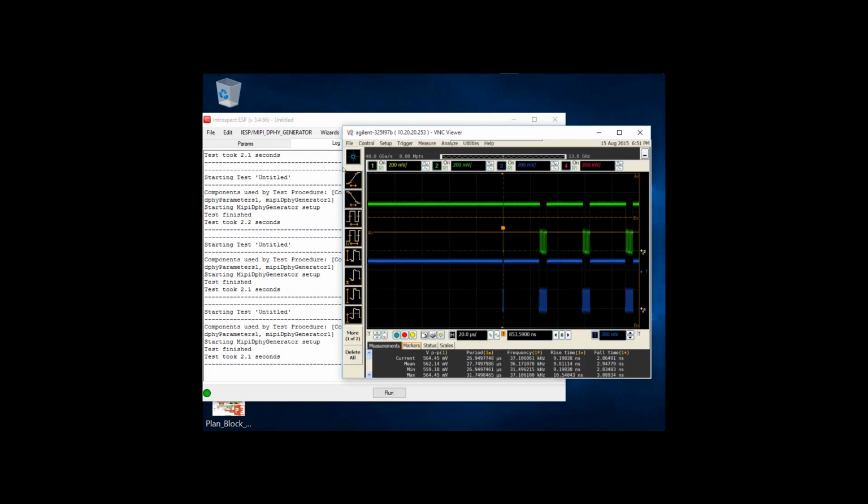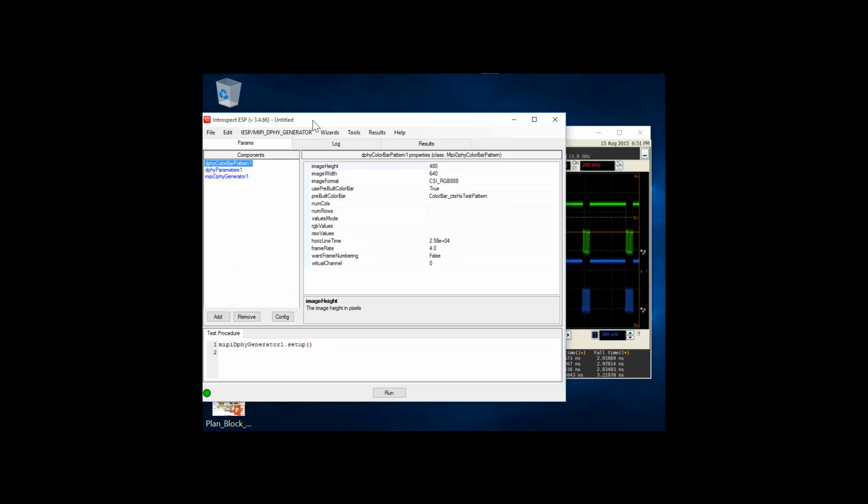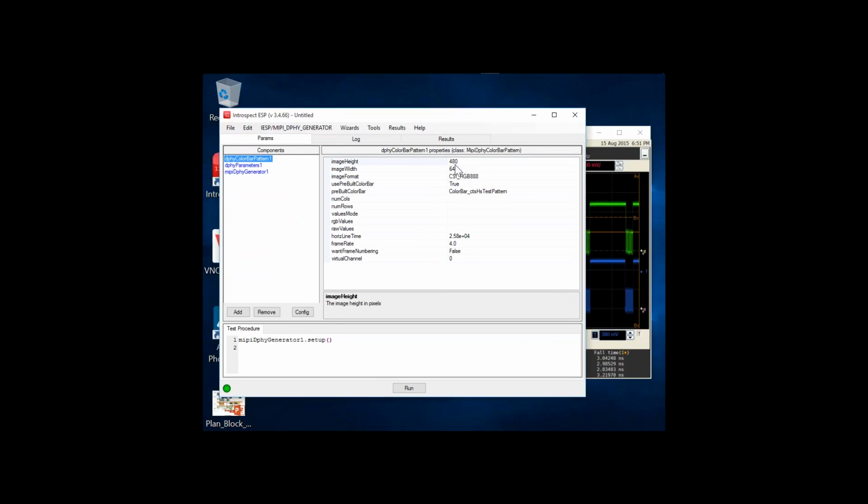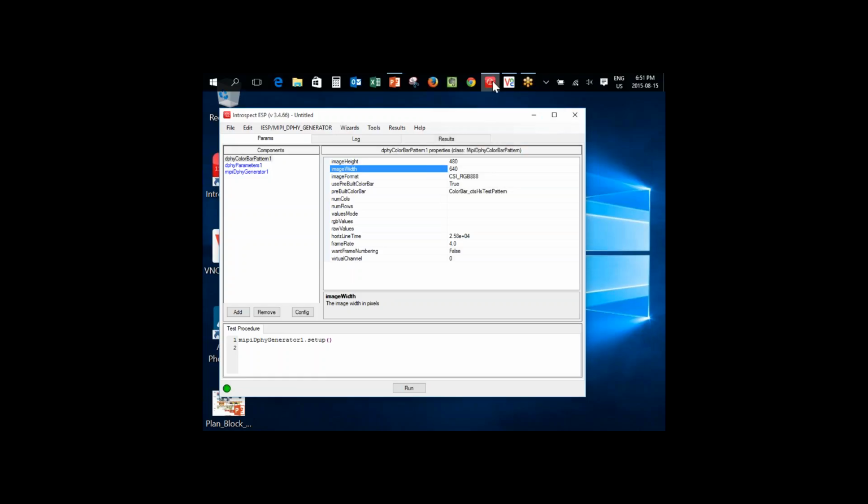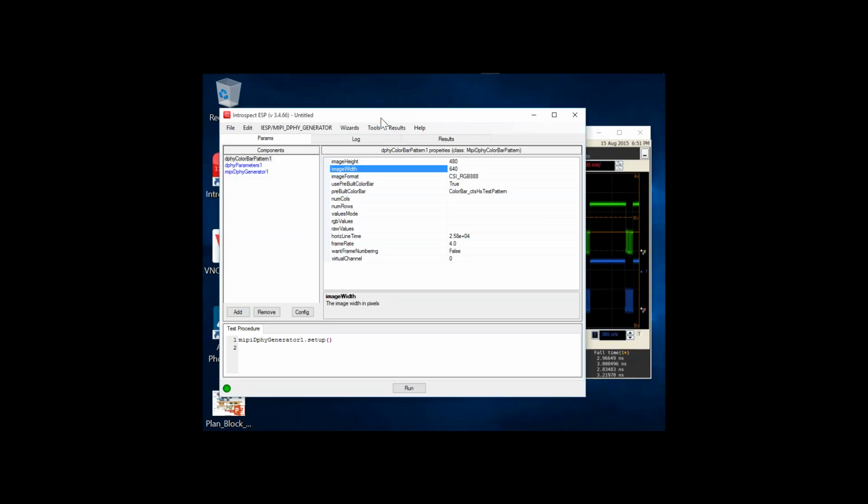And so without zooming out too much, I just want to go back to the actual image that I was generating here, and you'll see that it was generating a 480 by 640 image. And so that's a large number of packets that I'll have to zoom into. So instead of doing that, I'll just go ahead in the software and modify the number of packets that I want to transmit. And I'll go really, really short. So I'll just enter 4 rows here, which means that I want to transmit 4 different lines of the image delimited by the frame start and frame end packet. So if I click run now